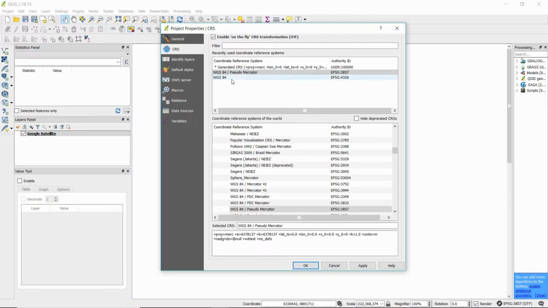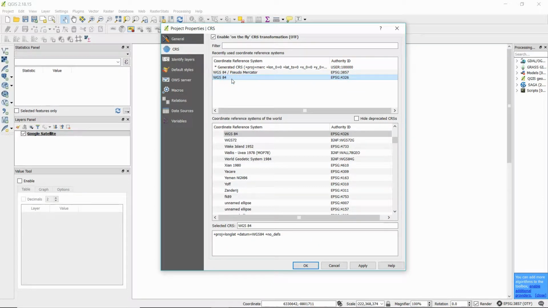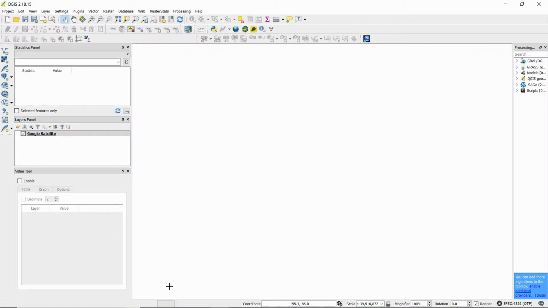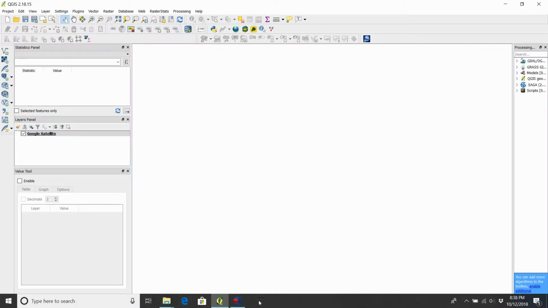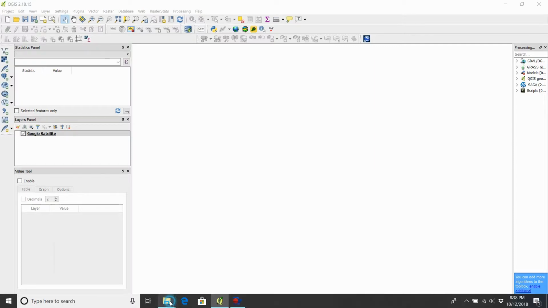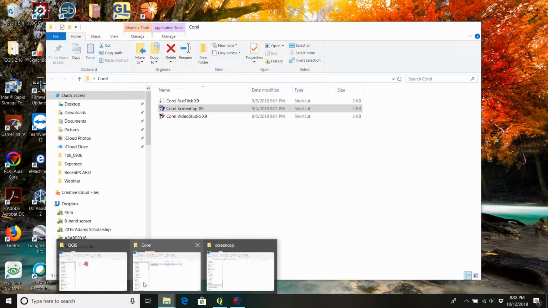So we'll use WGS84 or EPSG:4326. Click apply. Don't worry about the errors here. Then we need to plug in the latitude and longitude at this coordinate bar underneath. So I already prepared my